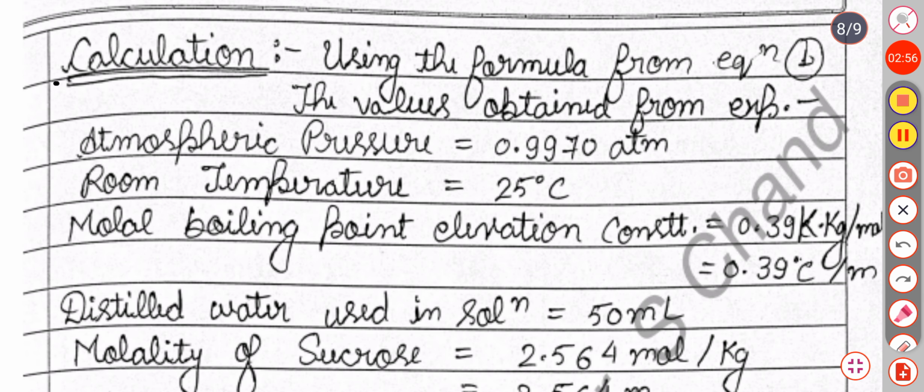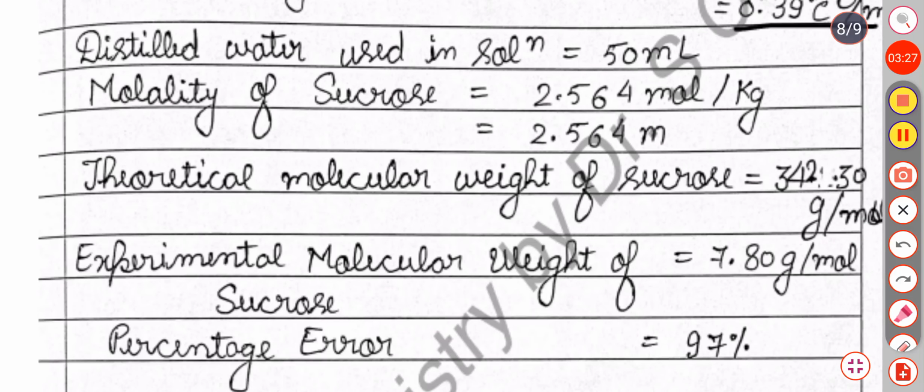Now we will see its calculation. Using the formula from equation 1, the values obtained from experiment: atmospheric pressure was 0.9970 atm, room temperature was 25 degrees Celsius, and molar boiling point elevation constant was 0.39 Kelvin kg per mole or 0.39 degrees Celsius per mole. Distilled water used in the solution is 50 ml. Molality of sucrose is 2.564 mole per kg